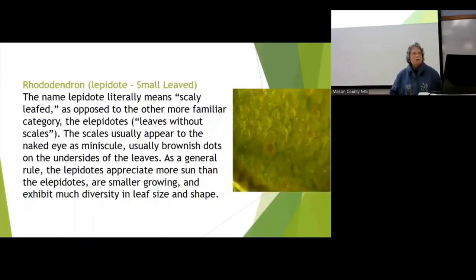The other kind are the lepidotes, the small leaves or scaly leaves. And this is kind of fun. I've gone out in my yard and sometimes you can see the scales. Literally, they're little brown spots on the underside of the leaf. It's just kind of fun. You go out there and you look at it and you say, oh yeah, they're scales. Okay, cool. It's gotta be a